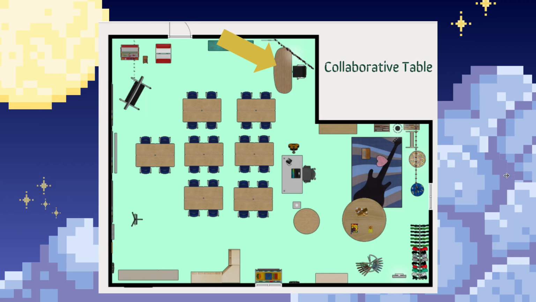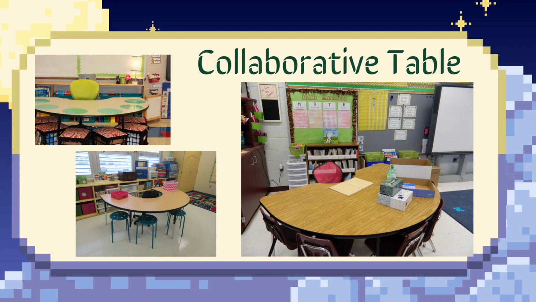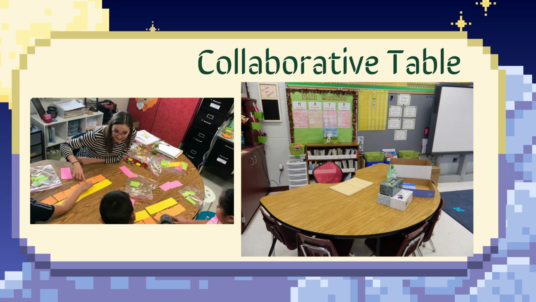Let's begin with the collaborative table. The collaborative table is usually found in elementary school classrooms. It's in the corner or in the backspace area. This is an area where the educator can work one-on-one with students, and I think having that one-on-one connection is important to develop not only a sense of community in the classroom, but to really see where students are at in their developmental phases, as well as seeing where students excel and seeing what areas students need a little more